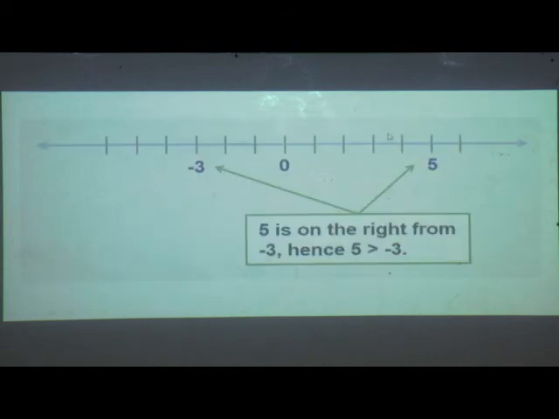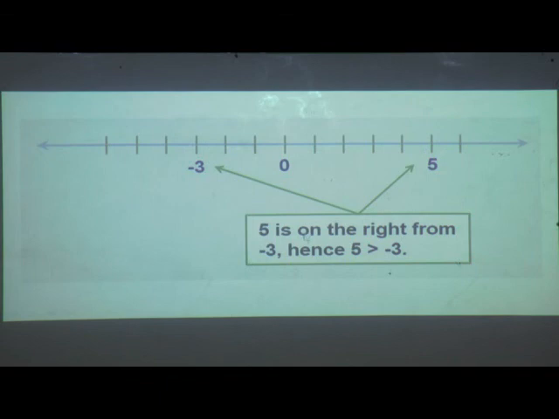5 is greater than minus 3. Let us see this. So this is a number line. First of all we have to represent or mark 5 and minus 3 on the number line. As minus 3 is negative, we have to denote it towards the left side of the 0. So 1, 2 and 3. Minus 3 we have here, and from 0 if we move 5 steps forward we get plus 5. So 1, 2, 3, 4, 5. So we have marked minus 3 and plus 5 on the number line.